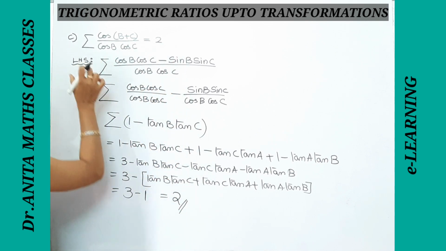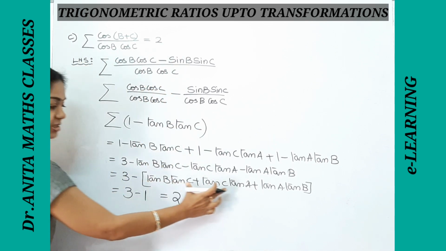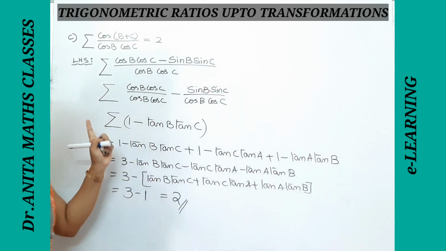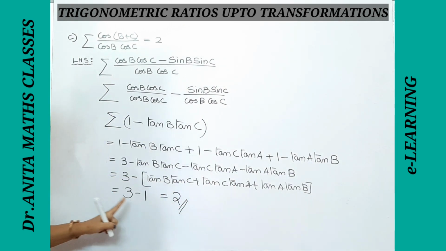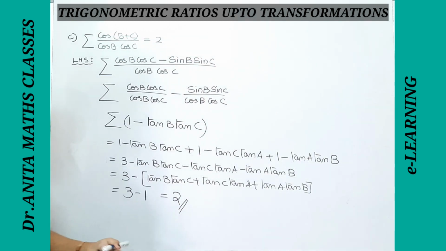We have started with LHS, we have got the RHS. This part we have proved in the b question. This is the c question. In the b question we got this as 1, so that I have applied. So that is 2. So till here, please make a note.